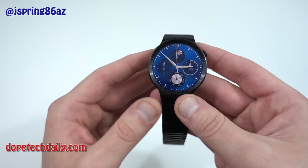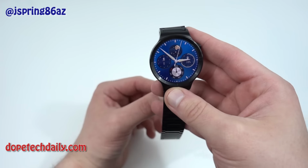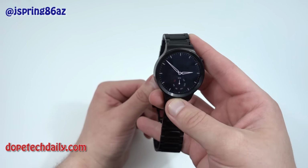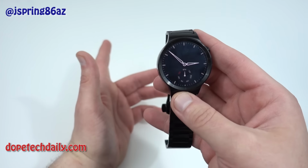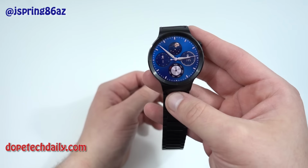comfortably. On days where I've stayed out later, if I went to a movie, went to the bar, whatever I'm going to do, this thing would sometimes be really close to dying, so you have to kind of worry about it a little more than the Moto 360. The battery life is still good. I would say it's on par with the Gear S2, but not quite as good as the Moto 360 or